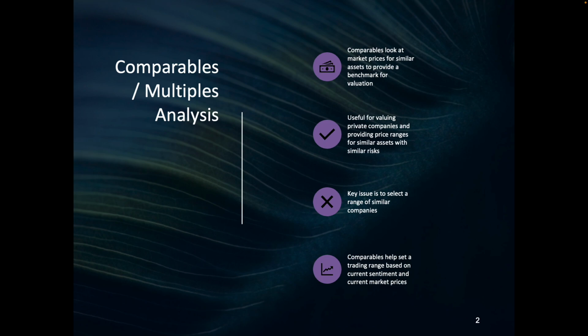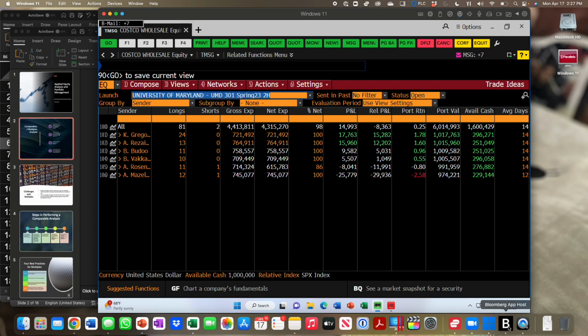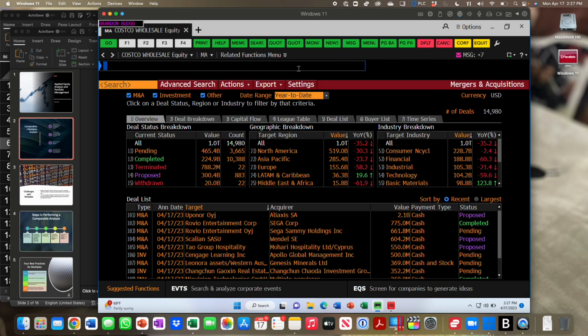I can do the same thing with mergers and acquisitions. Those are called precedent transactions. Here's what I should use to pay for a company that I'm buying based on what other companies have sold for. So for example, if you haven't paid attention to Bloomberg, MA is the merger and acquisition database. Every deal, every price is in this database. So I was reading yesterday in the Wall Street Journal that Merck is buying this biotech company, almost $10 billion. So for example, if I search the M&A database